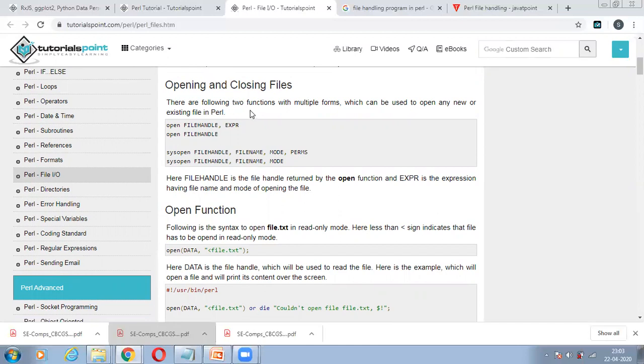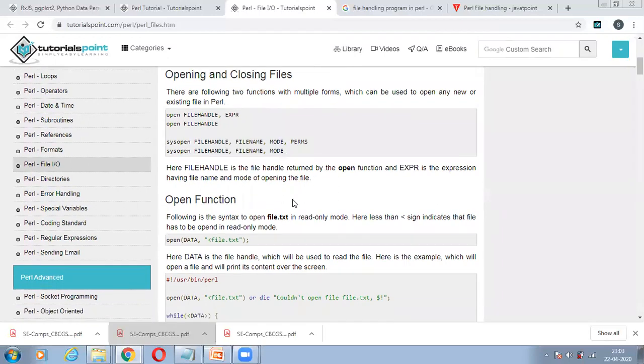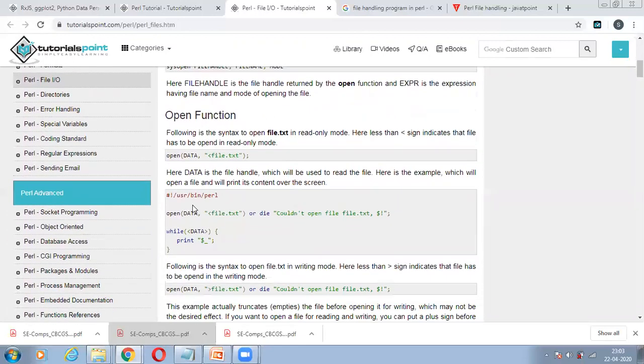What are the ways through which we do this? We open a file handle and expression, then a system open, then file handle, file name, mode, then binary mode, readable, writable mode. Then we have the open function, which we need so that we can open a file. If a file already exists in the system, it will open.